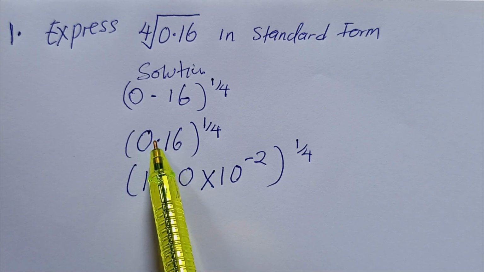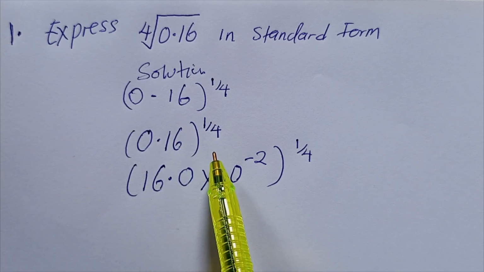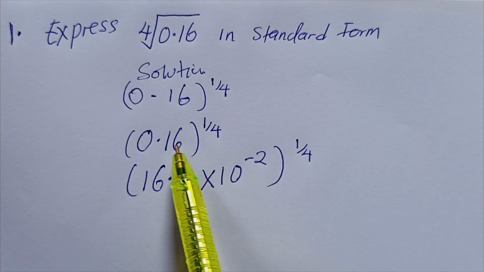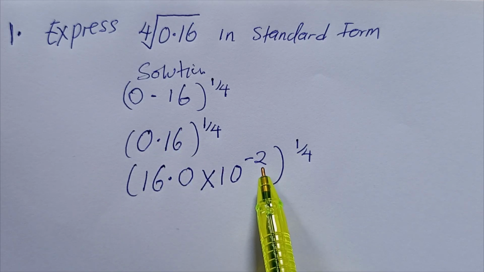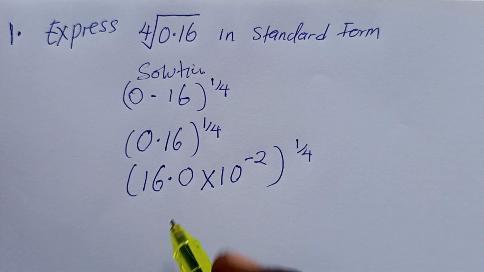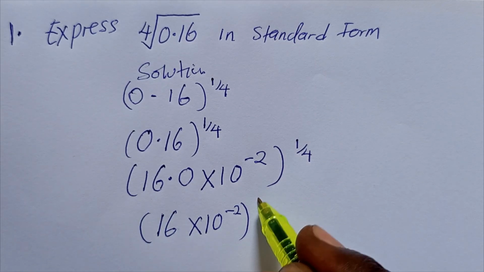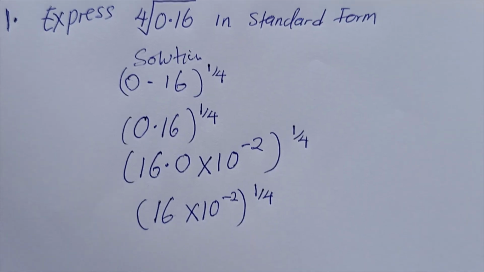So we'll count the number of times that we moved it. And if we're moving it towards the right, we multiply it times 10 to the power of minus the times we moved. So we moved 1, 2, which is this, times 10 to the power of minus 2. And this is the same thing as writing 16 times 10 to the power of minus 2 all to the power of 1 over 4. This is the same thing. And we recall in our indices,